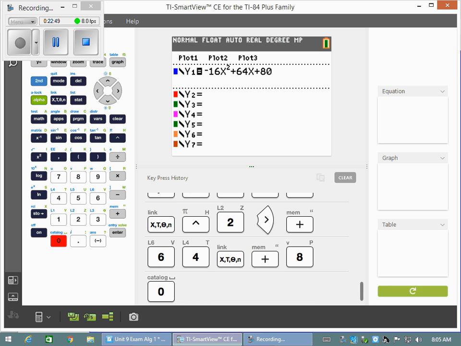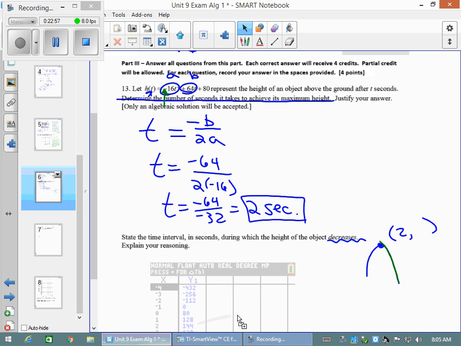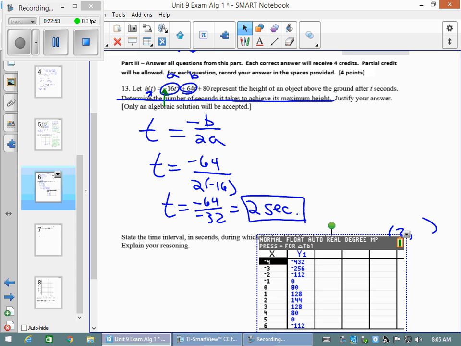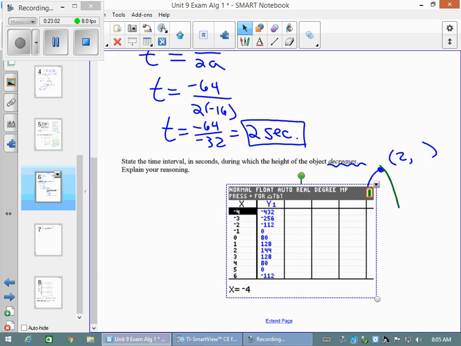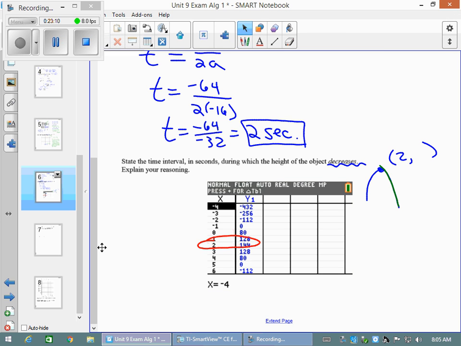When you looked at the table, you're going to say, okay, well, I know at 2 seconds here, this is when my parabola is going to start to go down after 2 seconds. Here would be when it hits the ground. So it's really going to decrease after 2 seconds, and then up until it hits the ground, which would be 5 seconds. So if you had this table to support your work, you could say the height of the object decreases from the time